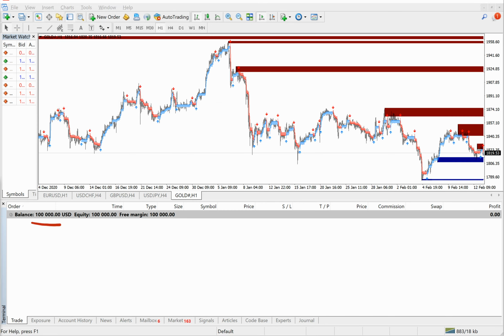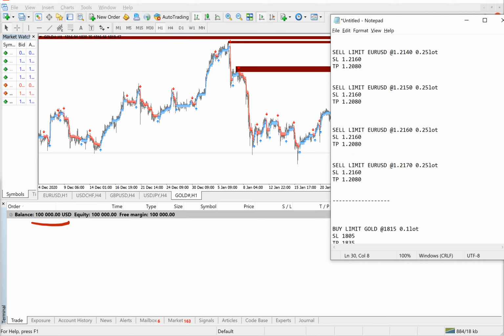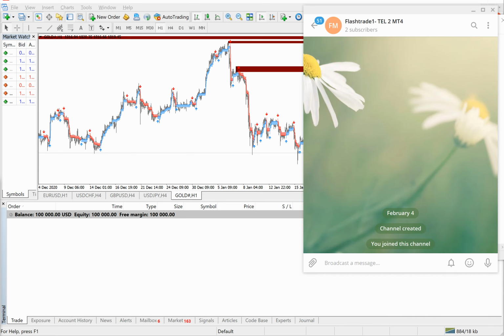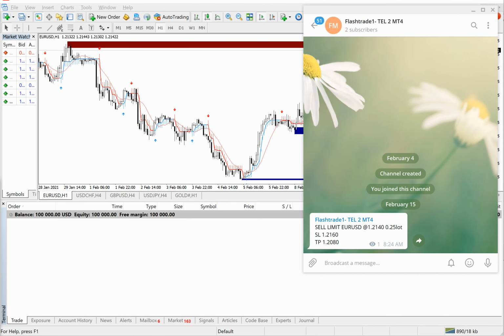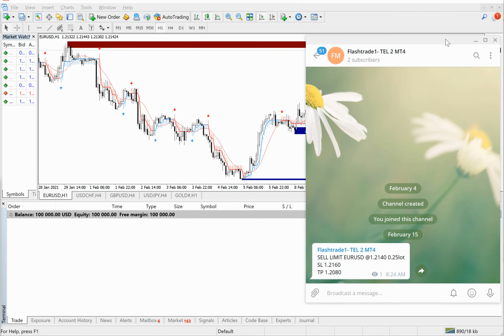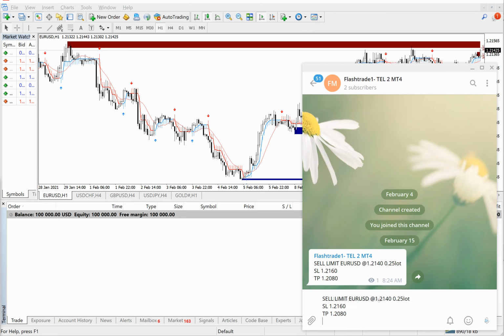where the deposit of $100,000 is done, and you will see that I will place the order live in this Telegram channel, and you will see that the pending order is going to be placed here. Here the trade is not placed because I have set the sell limit at 2140, so it is not going to be placed. I am doing it at 2145, then the trade will be placed,